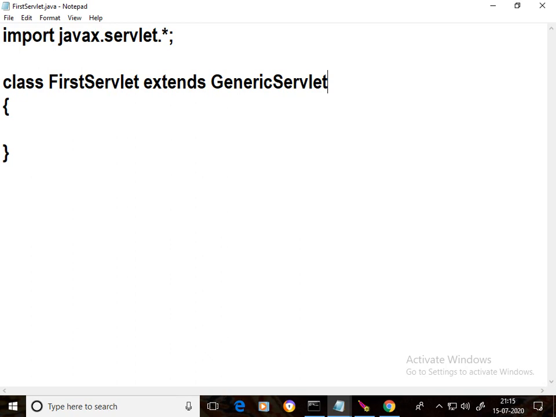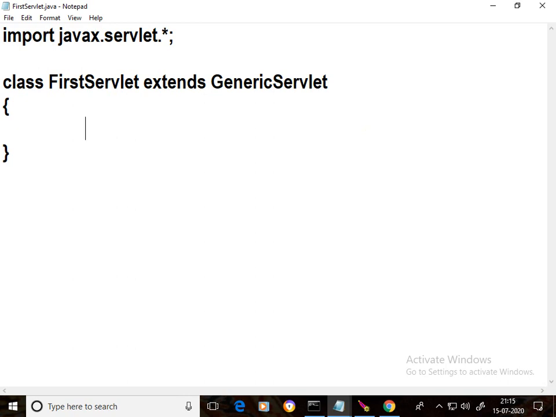The Servlet interface is already inherited in GenericServlet, and GenericServlet is inherited in FirstServlet. At last, the lifecycle is inherited in your program also. So if you extend GenericServlet, you can override only the service method.